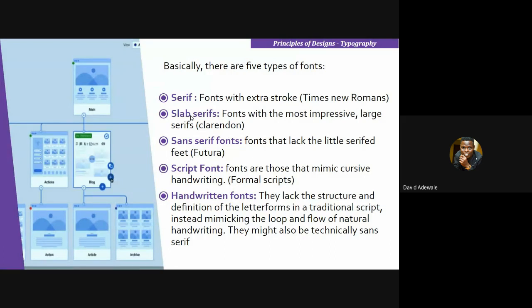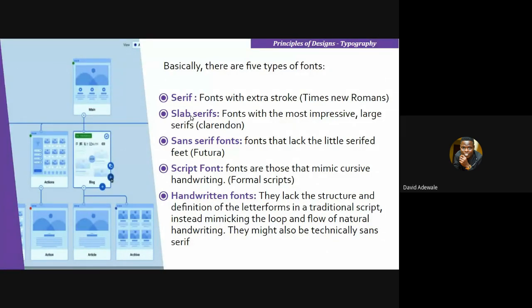With that, let's continue. Script font. How many of you are left-handed here? One of my friends, I don't know if we have anybody here, Kayode. His name is Kayode, when I was in secondary school back then, and he used his left hand to write. I used to call him script font because more often his handwriting used to slip. So he used to write